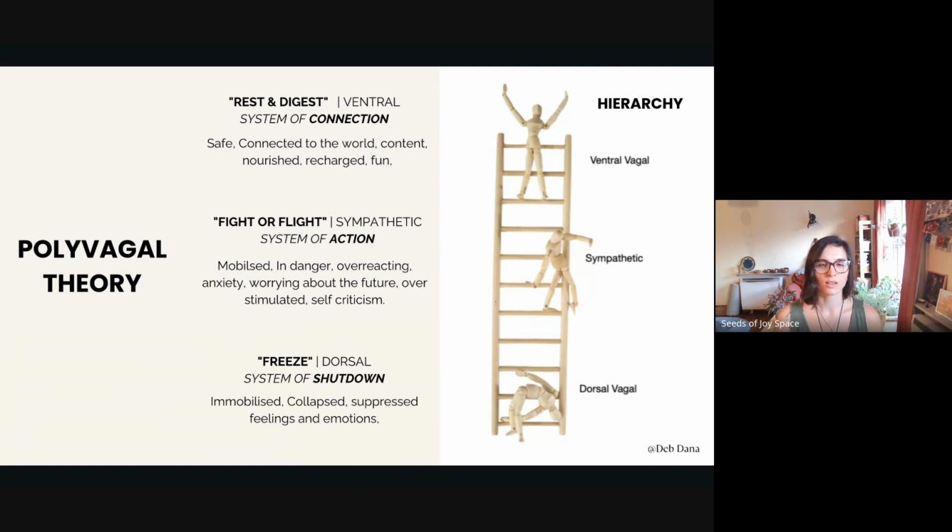And in this state, we feel safe, we feel connected, there is space to think, there is a sense that we can trust ourselves and others. There's a level of understanding for ourselves, others, the world. We are creative, inspired, nourished, and recharged. So there is that sense of also feeling supported, and in our body we feel a healthy heart rate, blood pressure, good digestion, and sleep.